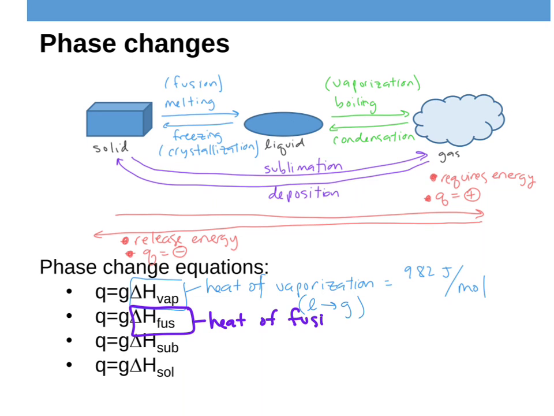Heat of fusion, right? Because heat of fusion is going to be what you use if you want to go from solid to liquid. And I'm not going to make up another value, but it'll be something else like that. Something, so many kilojoules per mole or per gram or something like that. And then we have here,